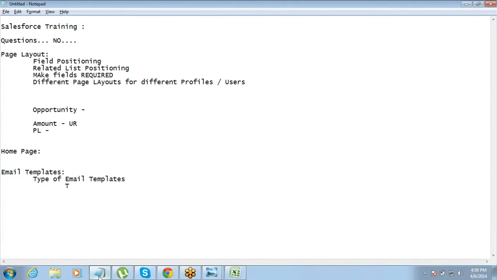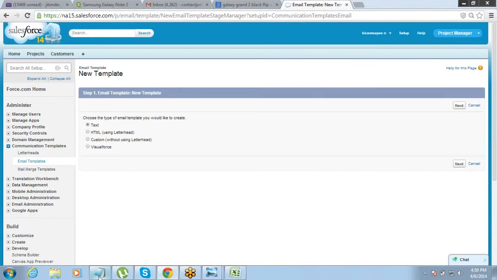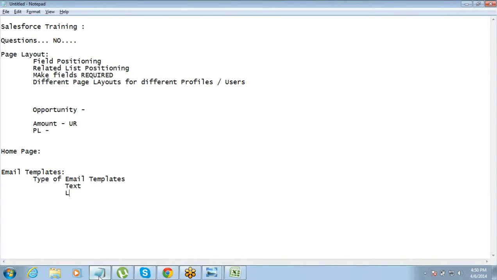One is text, one is letterhead, one is without letterhead, one is Visualforce. Visualforce email templates you will understand later on when we talk about Visualforce. Text, letterhead and without letterhead are very simple.